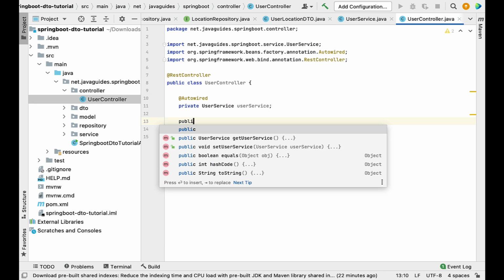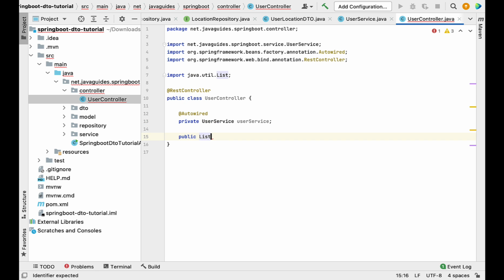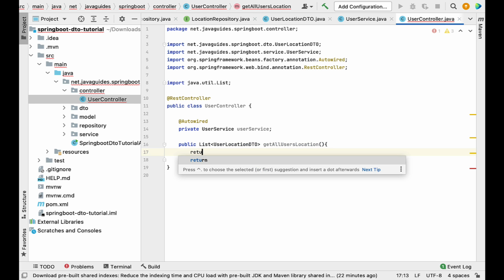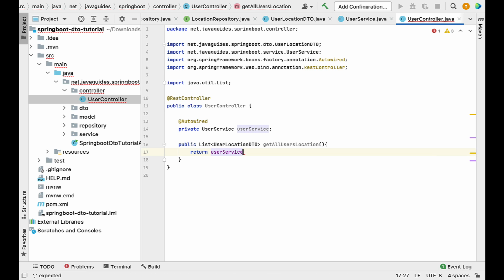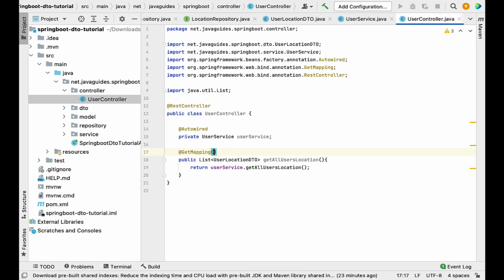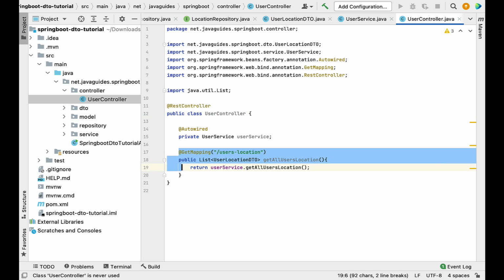Okay, and let's create a public method which will return a list of UserLocationDTO, and let's name the method getAllUsersLocation. Then simply return userService.getAllUsersLocation, and let's annotate this method with the @GetMapping annotation, and let's define the REST endpoint URL here. Let's say users-location, something like that. Save the file. Now we have created a single REST API which will return a list of